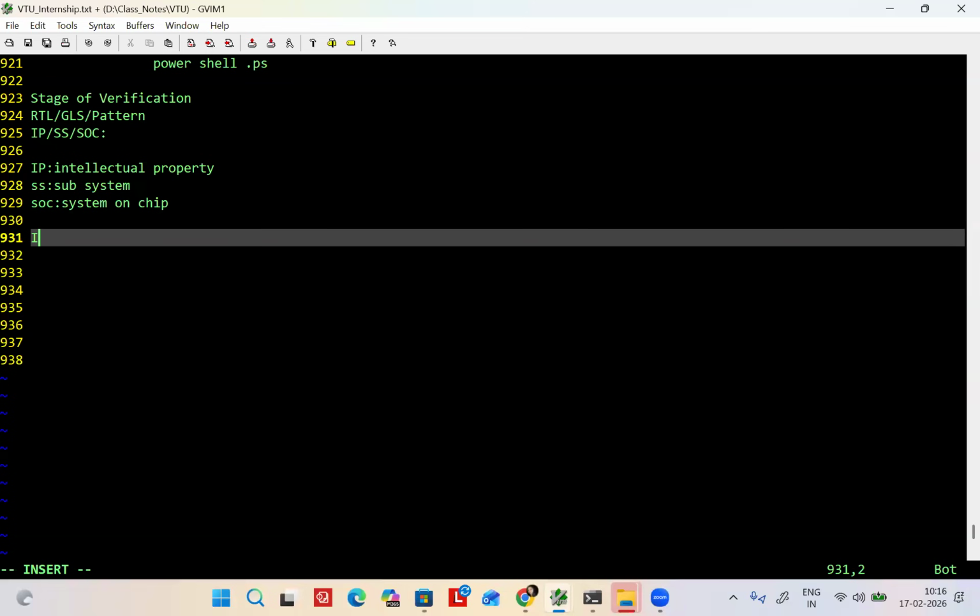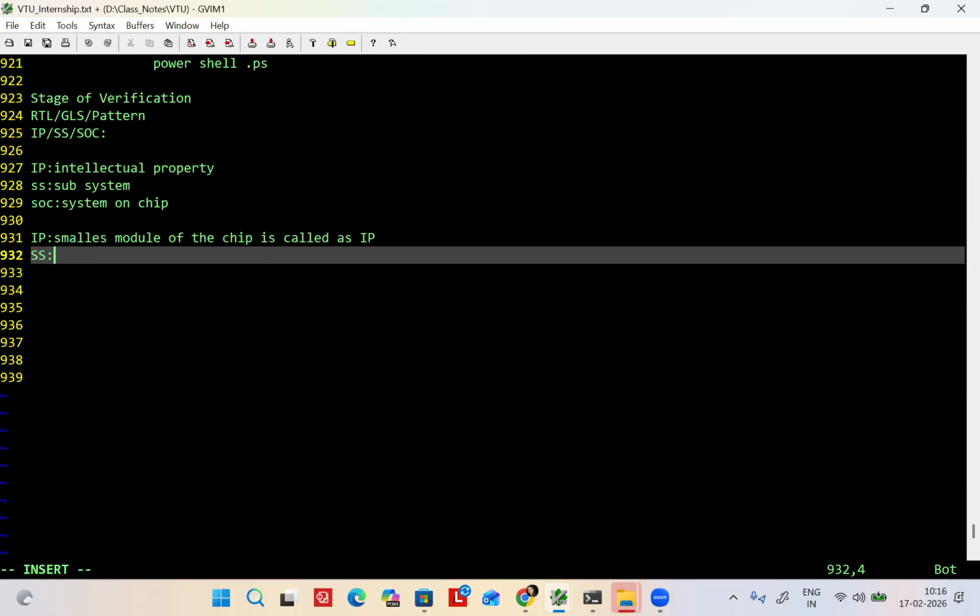See, IP. Okay. The smallest module of the chip is called IP. A group of IP will make what?